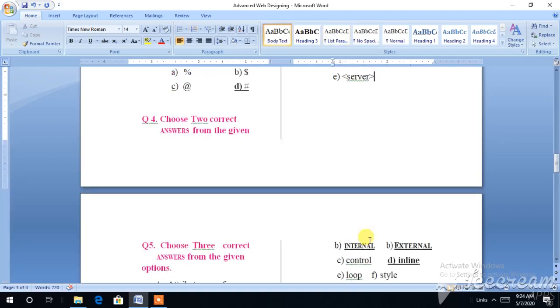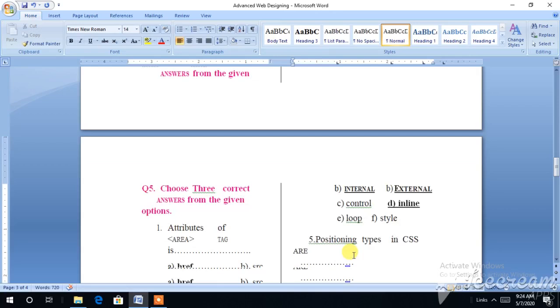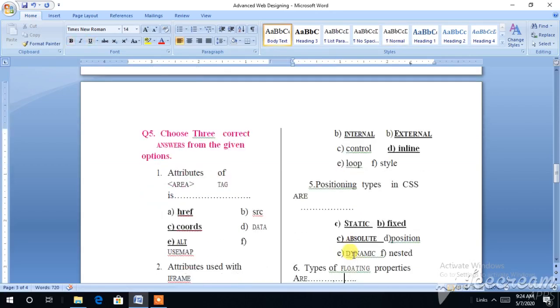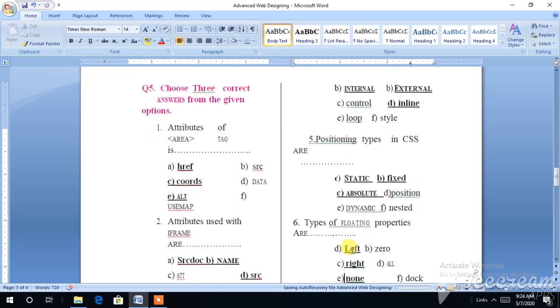Next we have three CSS types. It has internal, external and inline. And position has four types, but basically three we have to choose: static, fixed and absolute. Next, types of floating property are left, right and none. This is the sixth.